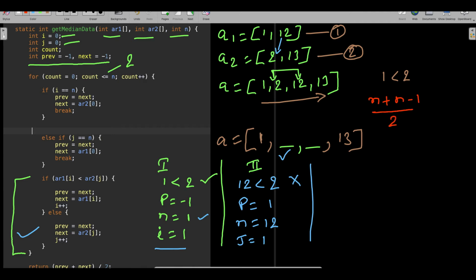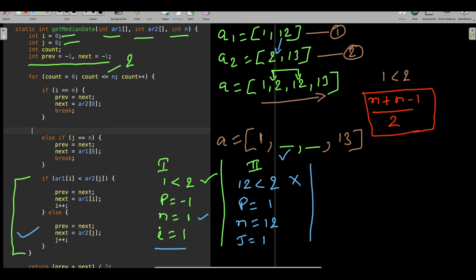Please remember this formula, and everything will be clear. So your n is this, and n minus 1 is this. As of now, whatever calculations we did, this is my n and this is n minus 1, because if you merge the arrays, this is the even number.